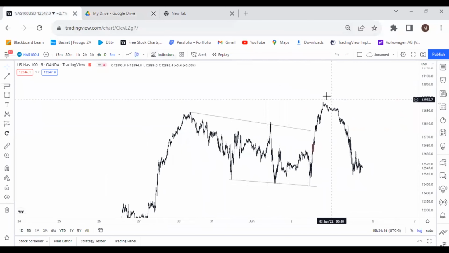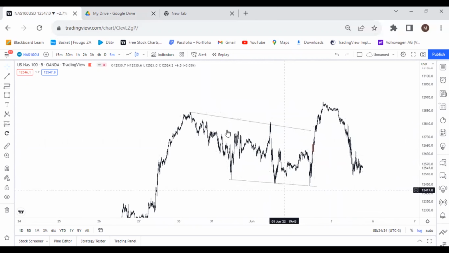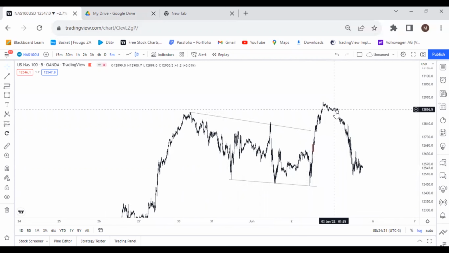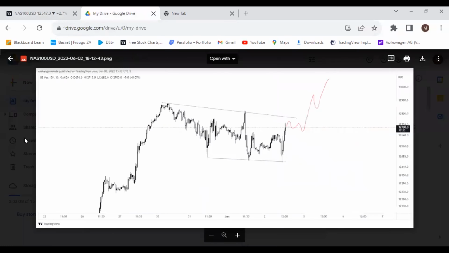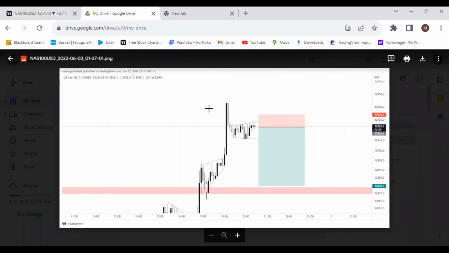how you could have also caught the reversal without having a structure like this one right here, because this was just too small to have a structure, but then you eventually had nice corrections to a downside. So I'm just gonna show you guys what I had initially. So as you can see, this was the nice reversal that we got,